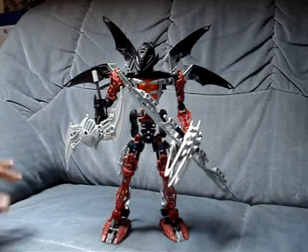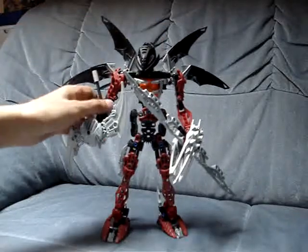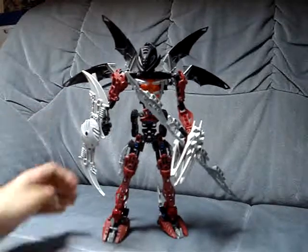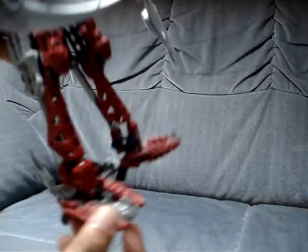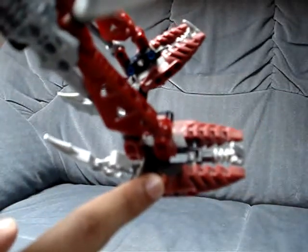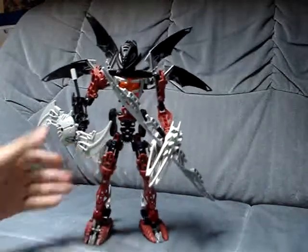Sadly I don't have the box, though I think I do have the instructions, since this was given to me in a trade, as I missed out getting it when it was first released. But anyway, you can tell that I haven't even touched these figures. Got that thick layer of dust on the bottom. Alright, so